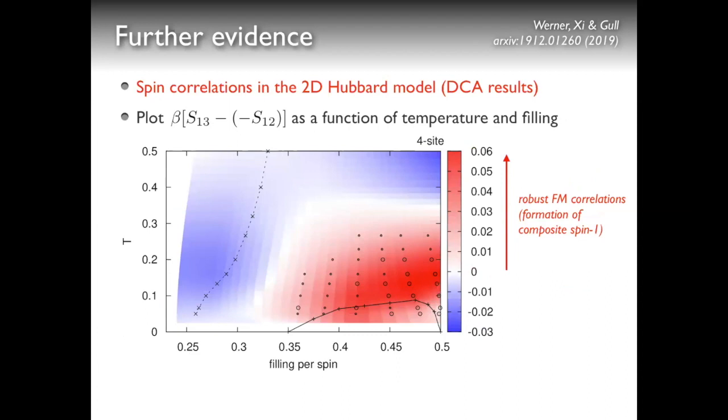The red region indicates the region of enhanced ferromagnetic correlations, and the black line is the superconducting dome that I took from one of the old papers by Jarrell and co-workers. Now we can notice a few interesting things. First of all, ferromagnetic correlations become enhanced at low temperature and more or less exactly in the doping regime where superconductivity appears at very low temperature. So that connection is very obvious.